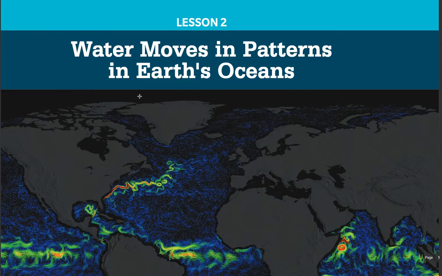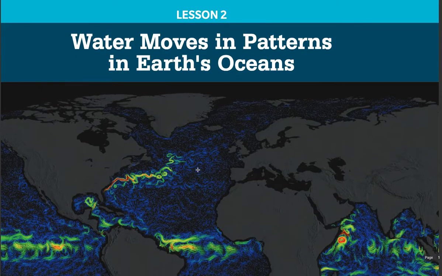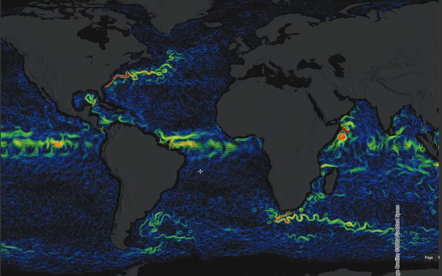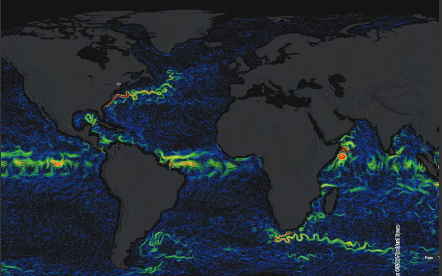In lesson 1, we talked about air patterns, and in lesson 2, we talk about how water moves in patterns across the earth. This is a pretty cool photo. You'll notice that these gray areas are the actual land, and all this color is actually the speed of the water moving around. So you can see how there's powerful currents up in here going this way around the equator,